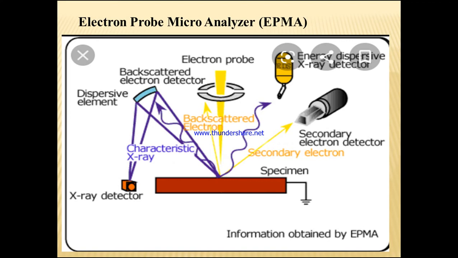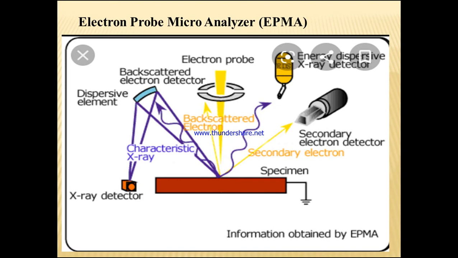In the same way, we are going to see the three modes of scanning in this electron probe microanalyzer. The three modes are elastic scattering, inelastic scattering, as well as Bremsstrahlung emissions. What do we mean by this? Elastic scattering is nothing but